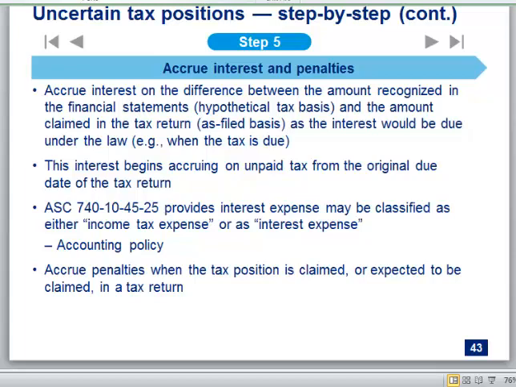You'll see in a little bit when we talk about disclosures that you actually have to disclose your interest and penalties separately. So for companies that are accruing penalties, they actually have to say, I'm accruing penalties, which usually makes people feel nervous. And so that's been one of the reasons that people are more conservative with their tax positions, because they don't want to be transparent in that way to readers. But interest and penalties, it's required, it's mechanical.